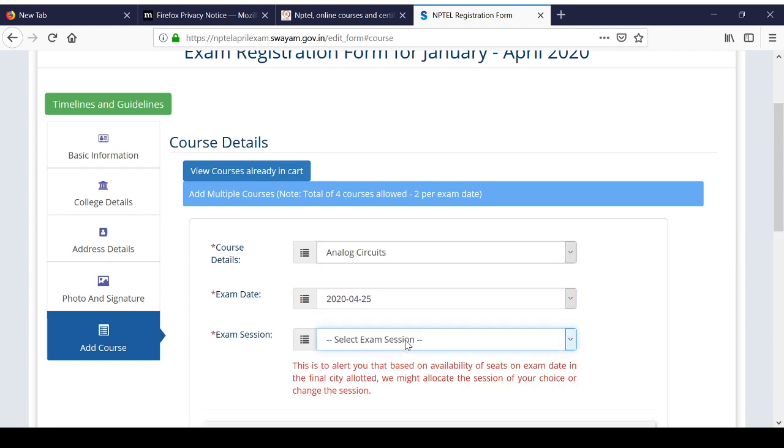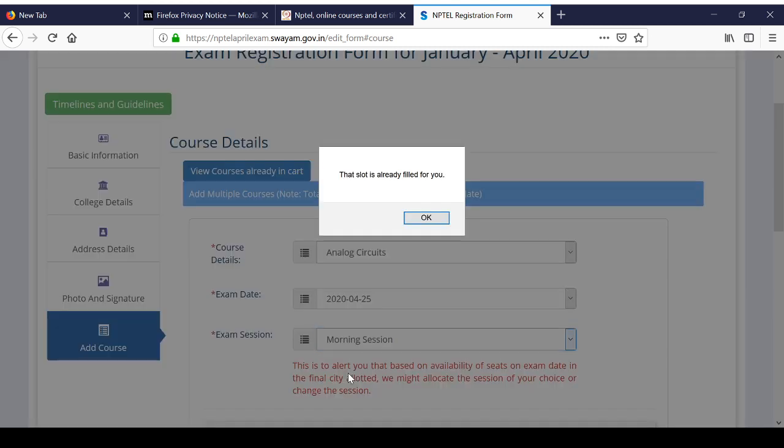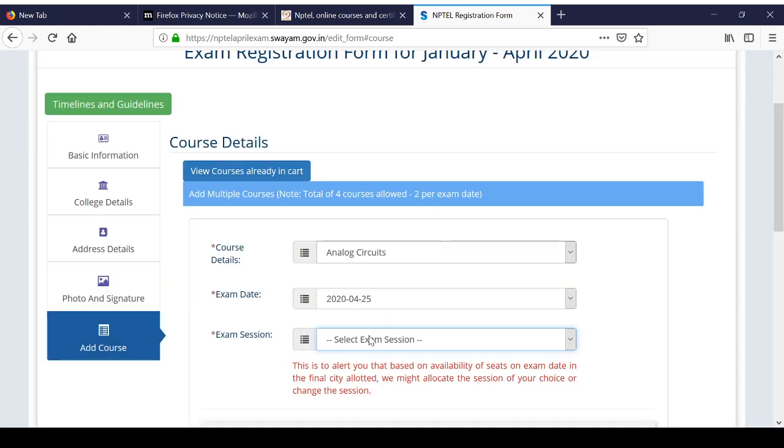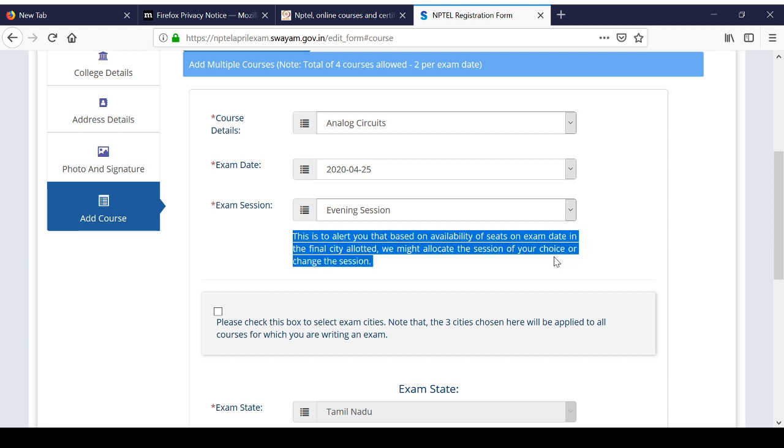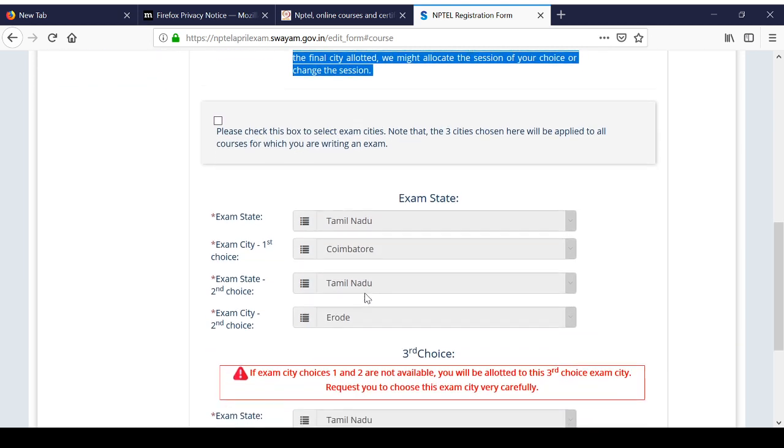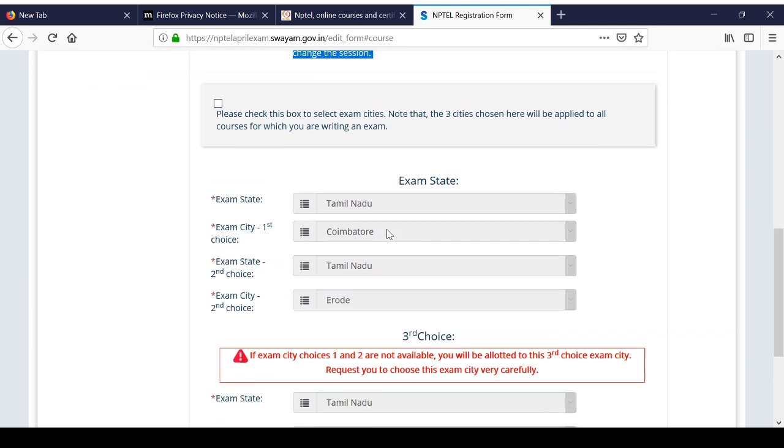Again, exam session, you will remember that I chose morning session for my previous course. Let me see if I can choose morning session for this course also. If I click on morning session, it will say that that slot is already filled for you, which means I have already chosen that. So I have to choose the evening session. So again it says the same alert that based on availability of seat you may or may not be given this session. So again, if I am happy with the exam cities, I don't have to make any changes,